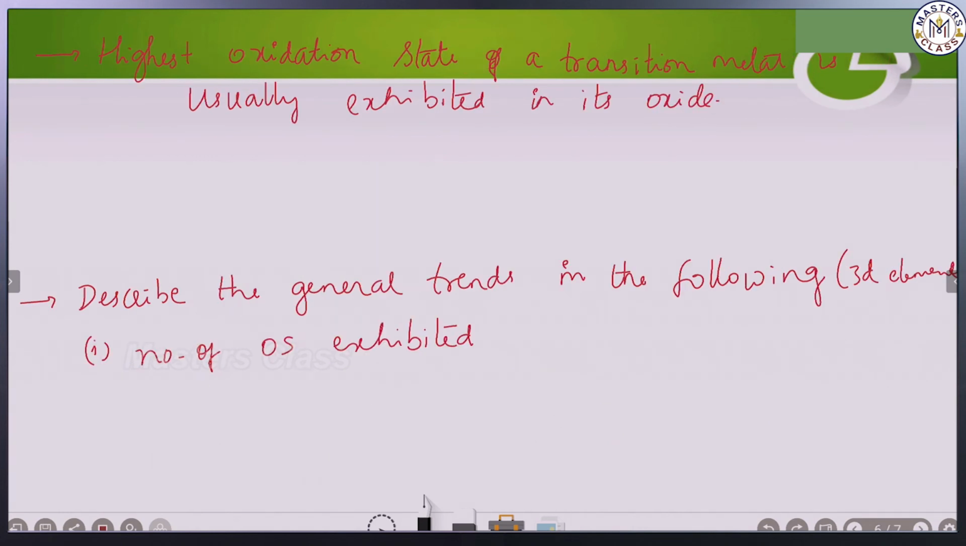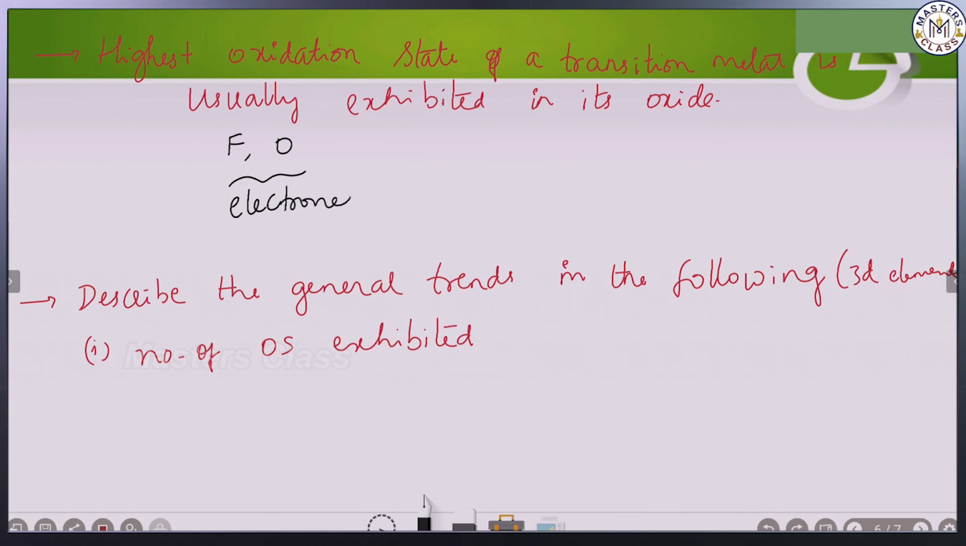Next one: the highest oxidation state of a transition metal is usually exhibited in its oxide. So what will happen is usually these transition elements will either combine with oxygen, or sometimes combine with the halides also. So halides or oxygen, like fluorine among halides, and oxygen, we know that these are